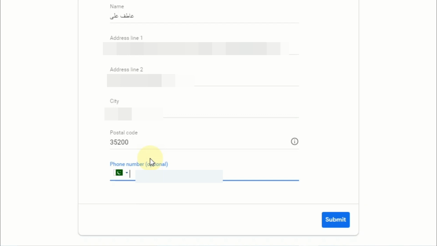When we complete our $10, Google will send us the verification pin to our provided address. So if we provide the phone number, it's easy for the postman to call us and then give us the pin if possible. If we do not provide the phone number, sometimes it's difficult for the postman to deliver our pin. So I just put the phone number here.